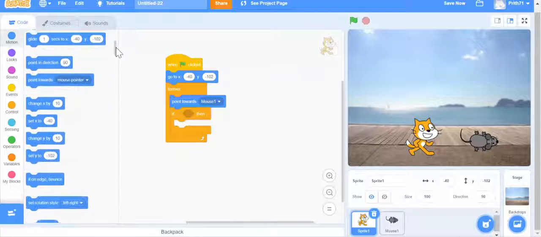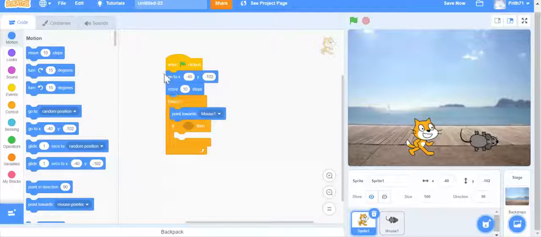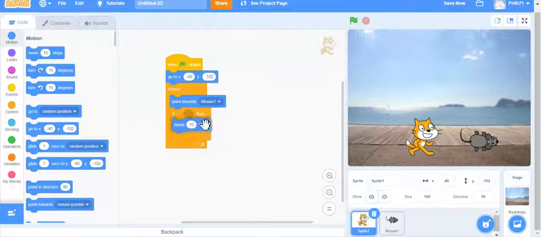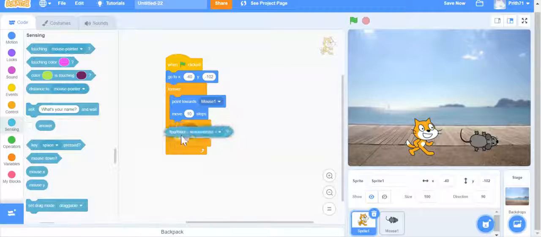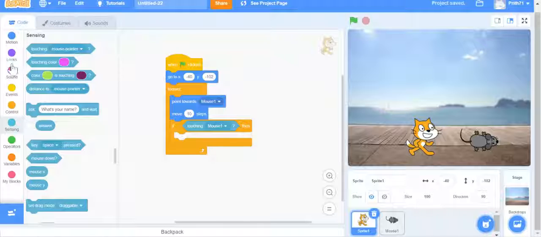I'm going to say move 10 steps. Yes, so that's the move 10 steps. I'm going to put this move 10 steps right here. Now I'm going to go to sensing. If touching mouse one, then